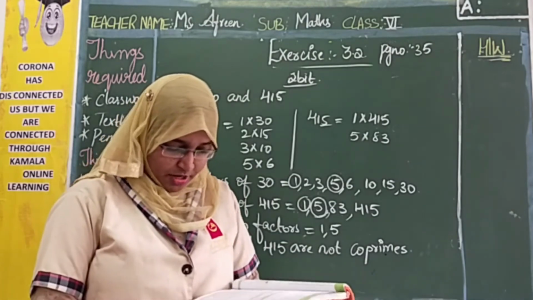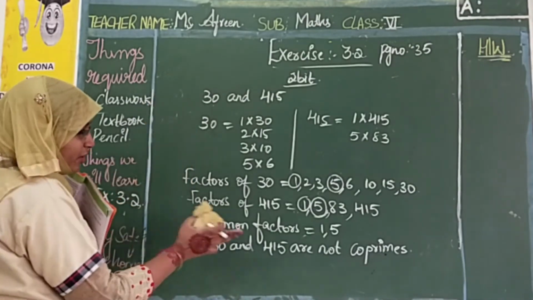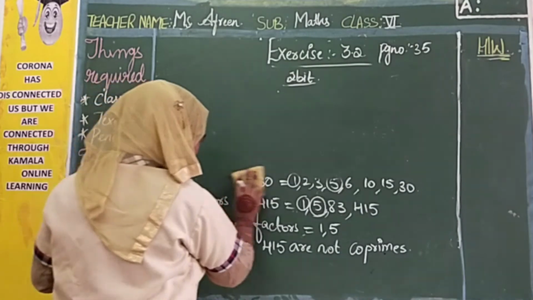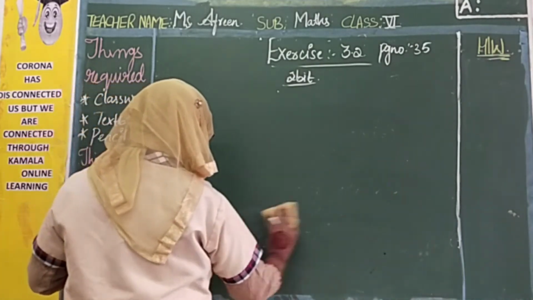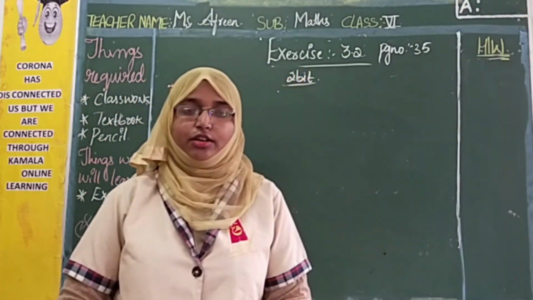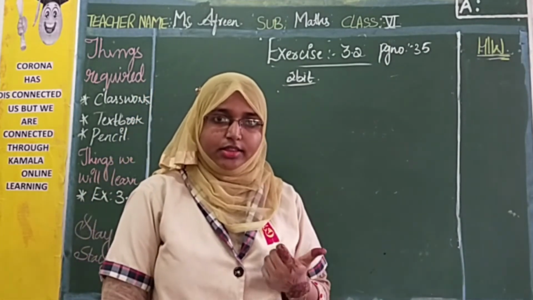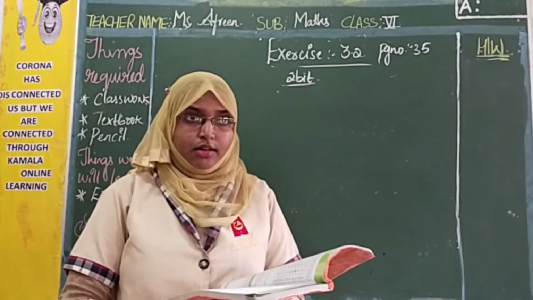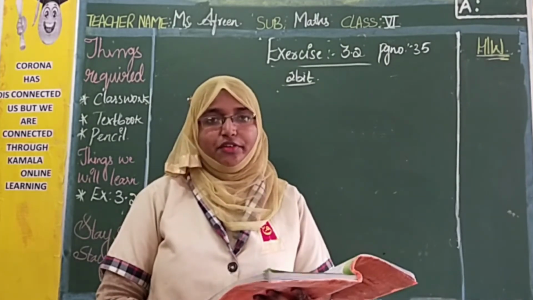What is the greatest prime number between 1 to 20? In the last session we wrote the number chart table and our prime numbers. I hope you have done the homework. Among those, can you tell me how many prime numbers we have from 1 to 20? 2, 3, 5, 7, 11, 13, 17. These are the prime numbers between 1 to 20.